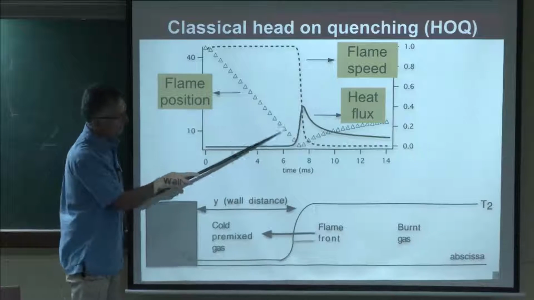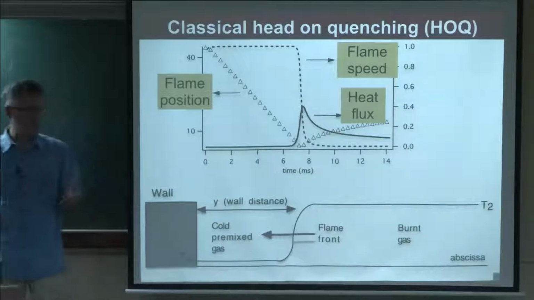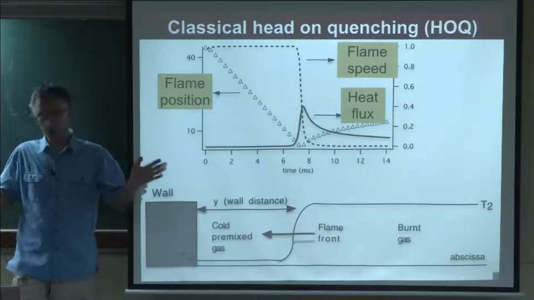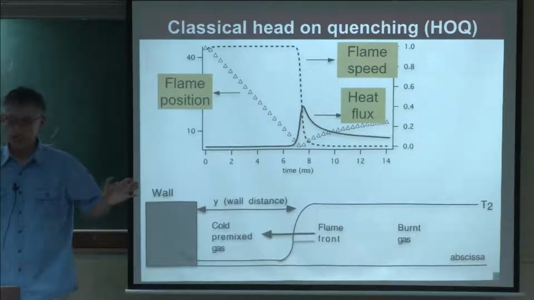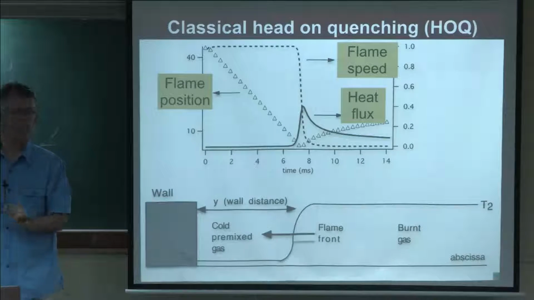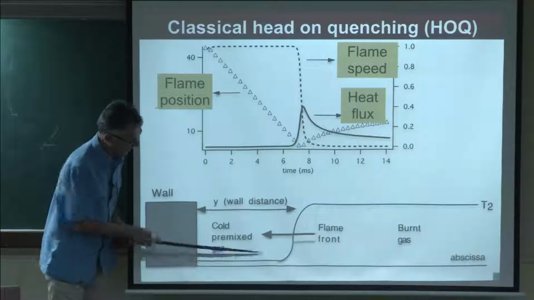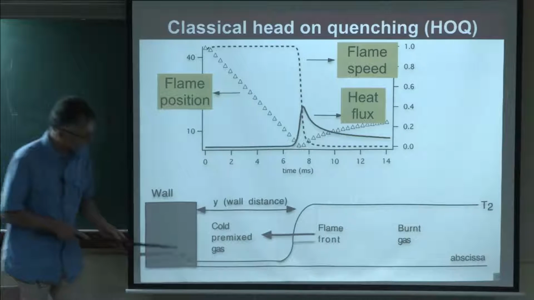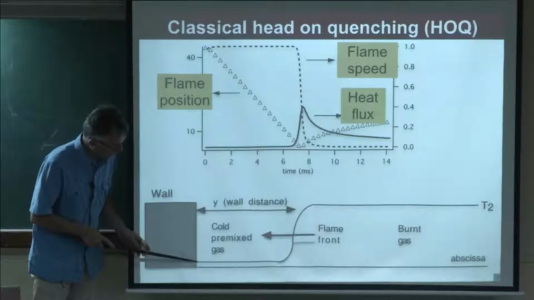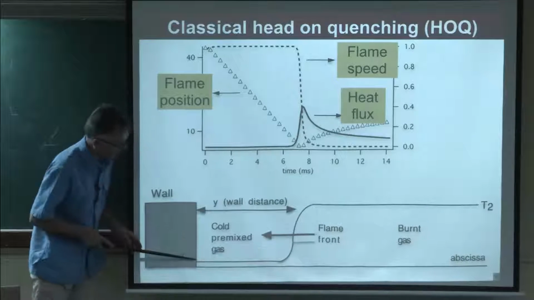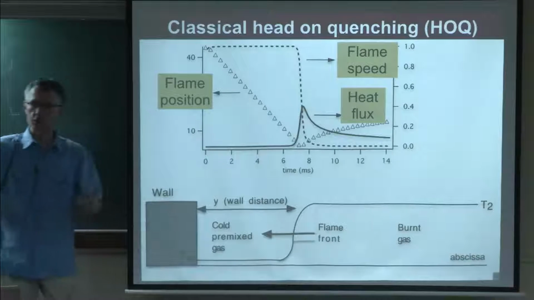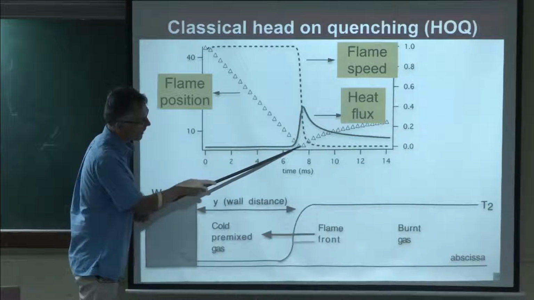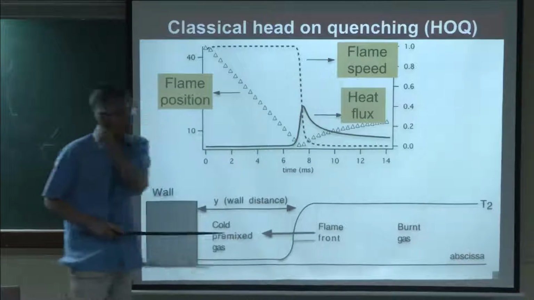And then, there is no radiation, so as long as the flame is sufficiently far away from the wall, the flame does not see what's going to happen, so the flame keeps moving. And suddenly, the flame starts sensing the wall. So what does it sense? Well, it senses that in the preheat zone of the flame, it becomes very difficult to increase temperature because this temperature here is imposed. So when this point arrives here, or let's say when this flame arrives here, it's not possible for the preheat gases to be preheated. And so what's going to happen then is that the flame will stop and go backwards because of diffusion.